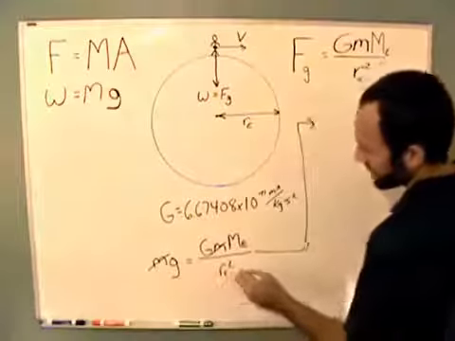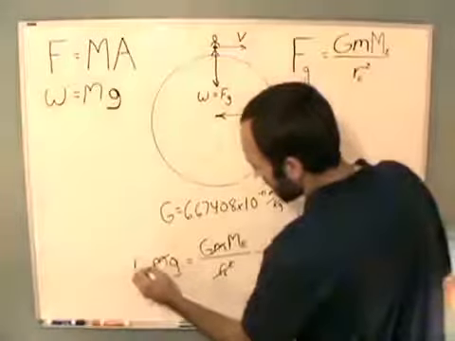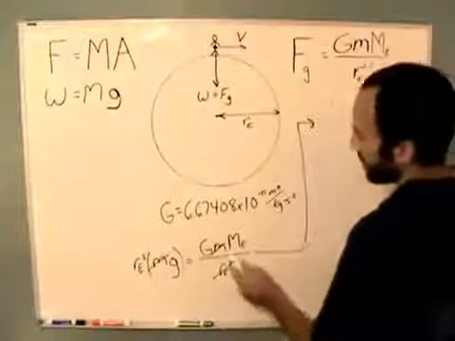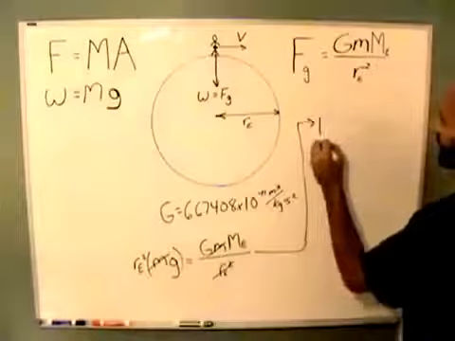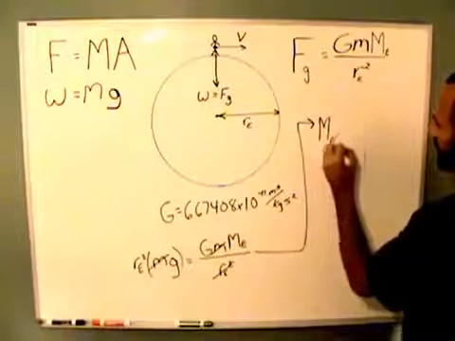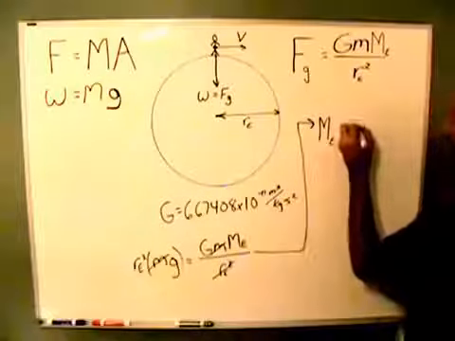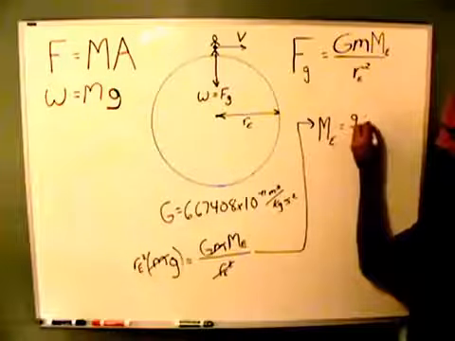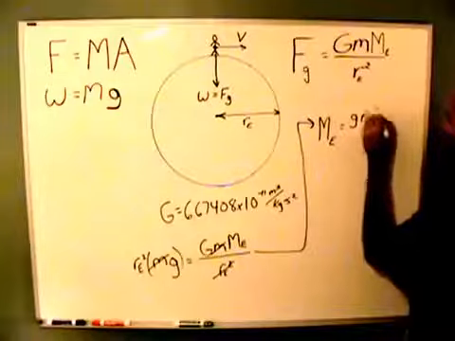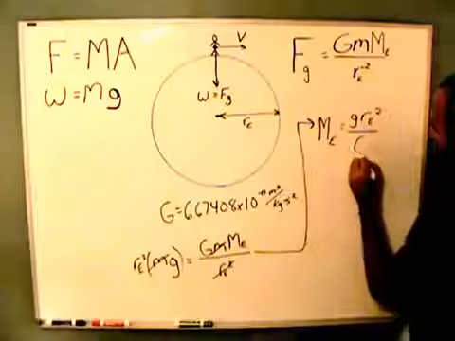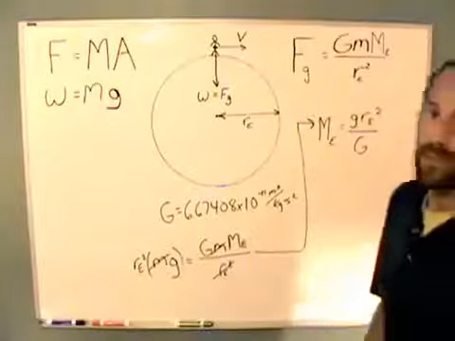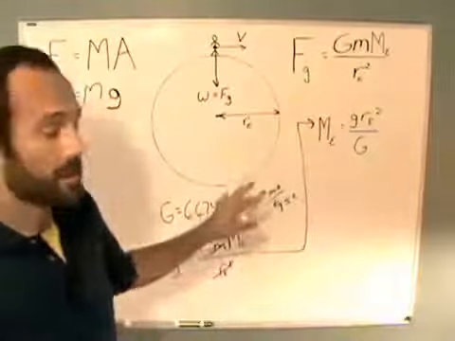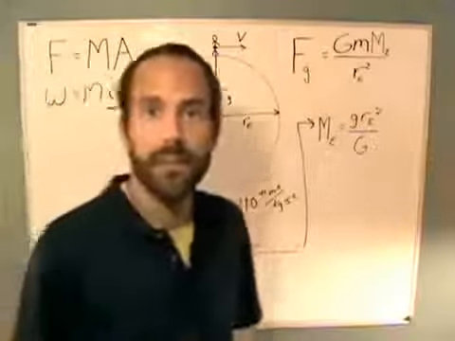You can multiply the radius squared times both sides, and that comes over here. Cancels on this side, and then you can divide by big G, so you get ME, and this is basic algebra here, is equal to little g, the acceleration due to gravity, or the rate at which things accelerate towards Earth, times the radius of Earth squared divided by big G. And that is how the mass of Earth is calculated. That is the mass that NASA has on their fact sheet, where I got all this information about the Earth's radius and the mass of Earth and everything